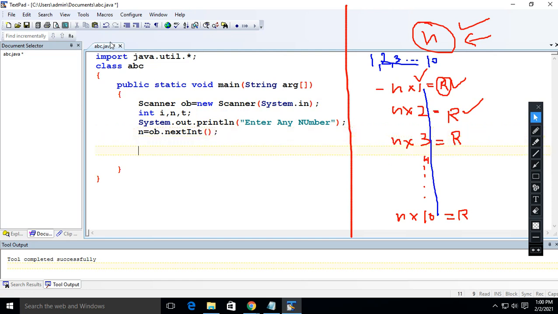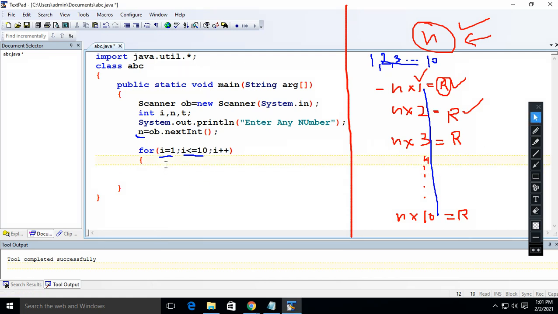Yashvardhan? Yes, sir. After that we need a loop. You can see the loop is required for multiplying the number starting from 1 to n. So what has to be the starting point? 1. The last point has to be 10 and then i plus plus. Is this loop clear? Yes, sir. The starting point I am using is 1 because first of all we are supposed to multiply this number by 1. After that i plus plus means you will get 2, then 3, then 4. Then the last value of i would be 10. Right?